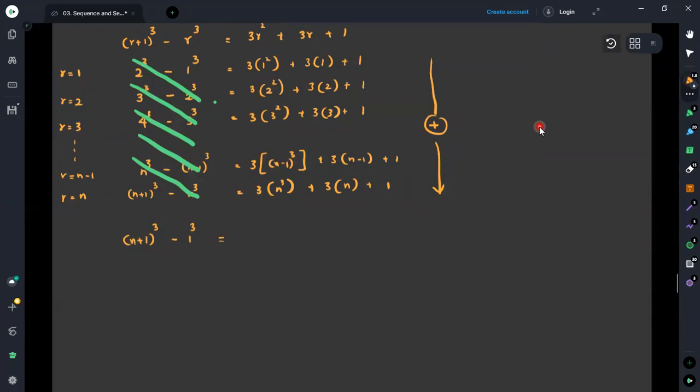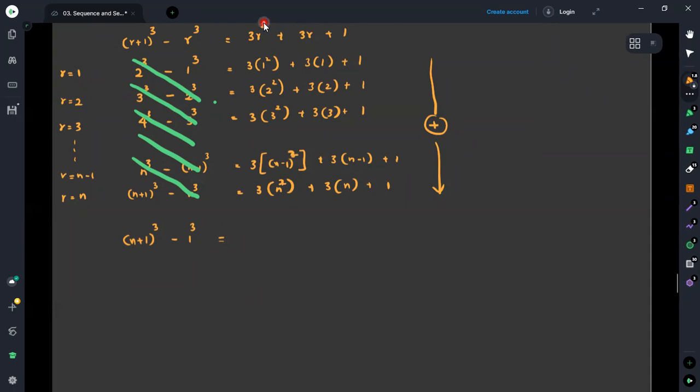Then we need to add all these terms. Apart from adding them in the linear manner, I will take the first set of values. Here we can see it is 3 times 1 squared, 3 times 2 squared, 3 times 3 squared, and likewise 3 times n minus 1 squared. Here also 3n squared, because we are substituting the value of r equals n minus 1 and r equals n in the place of 3 times r squared. So we have observed this as 3 times n minus 1 to the power 2, and here it was 3 times n squared.